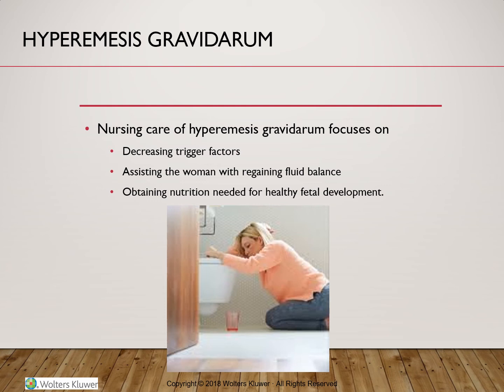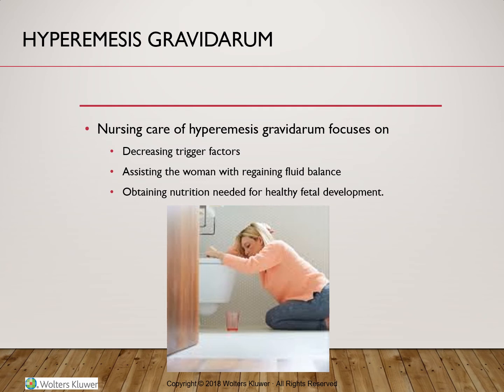We'll start by talking about Hyperemesis Gravidarum, and this is a disorder of very early pregnancy, characterized by severe nausea and vomiting, resulting in weight loss, sometimes nutritional deficiencies, and definitely electrolyte and acid-base imbalance. It is happening in up to 2% of the pregnancies, with a higher incidence for those underweight and younger women. Usually it happens between week 8 and 12 of pregnancy. Usually it resolves by week 20.